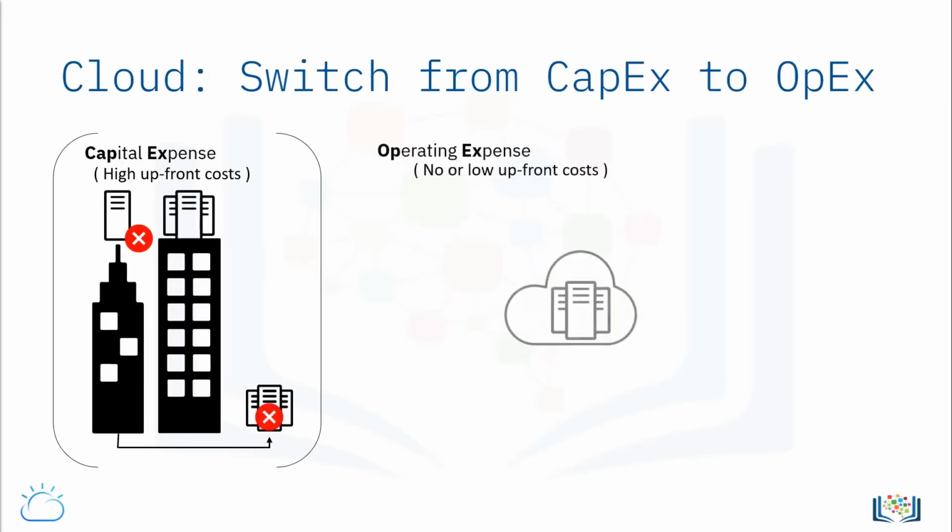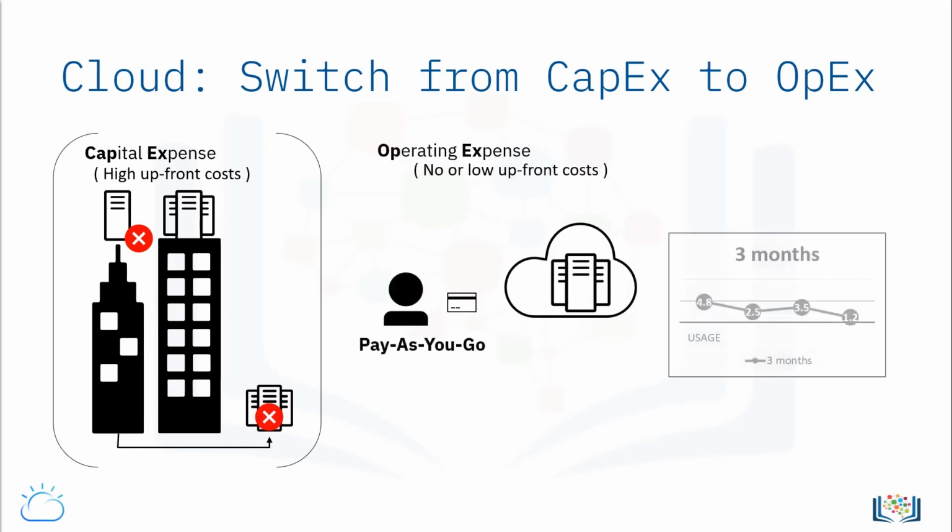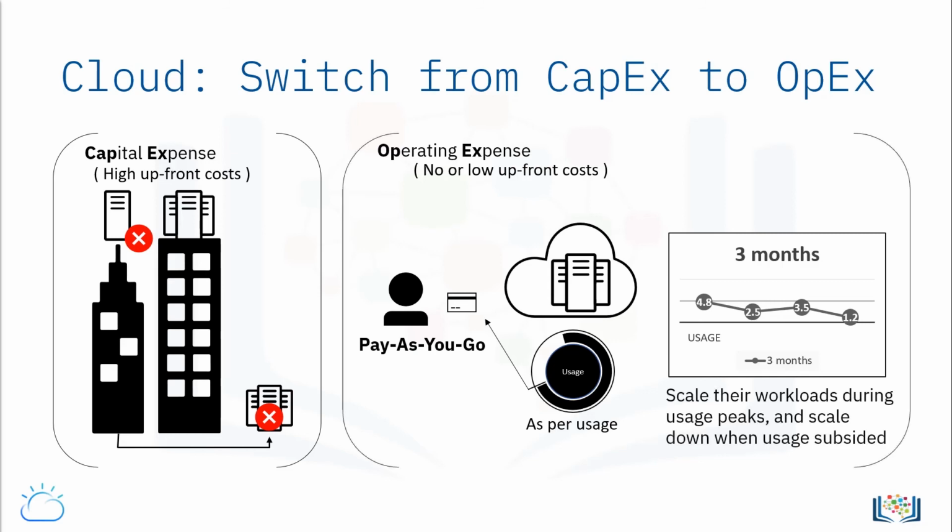This model appealed to all sizes of companies, those who had little or no hardware, and even those that had lots of hardware, because now, instead of making huge capital expenditures in hardware, they could pay for compute resources as and when needed. It also allowed them to scale their workloads during usage peaks and scale down when usage subsided. And this gave rise to modern-day cloud